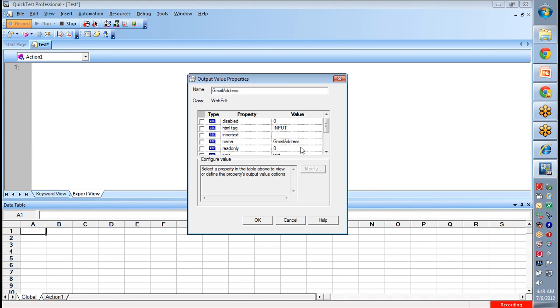Then which value you have to output, this is the one, right? Value you have to output. So the value where you want to output, so here modify. From the output values properties window, which property you have to output, so from here value only, right? You have to store the value for future reference purposes. So where you want to store the value, once you select which property you have to output, click on the modify